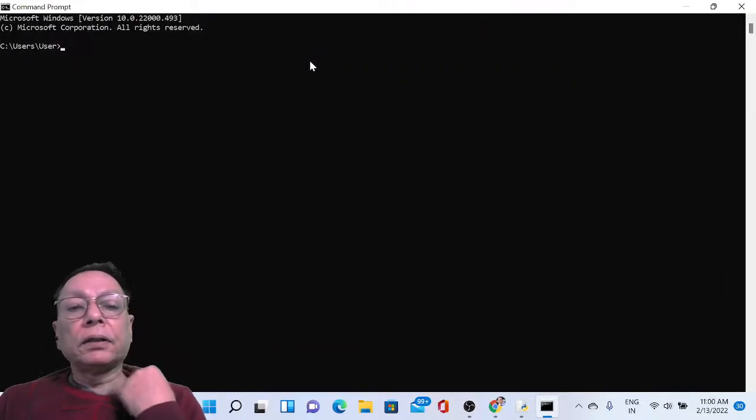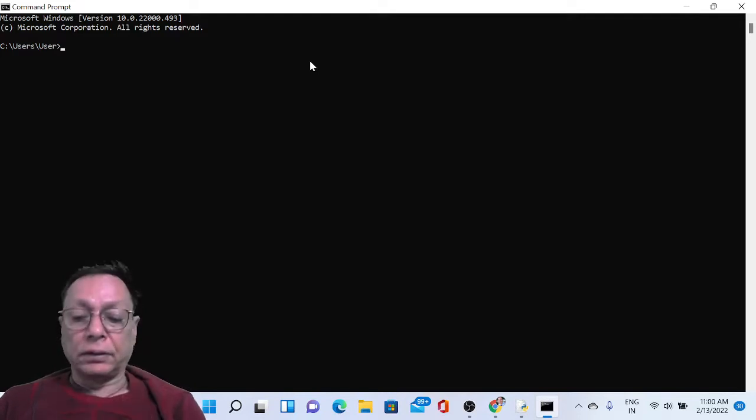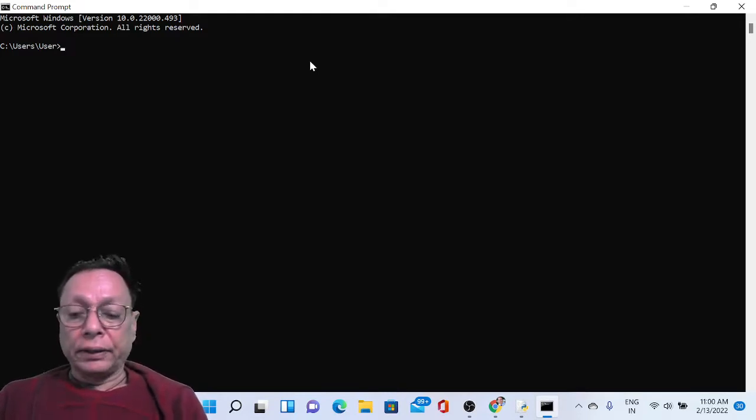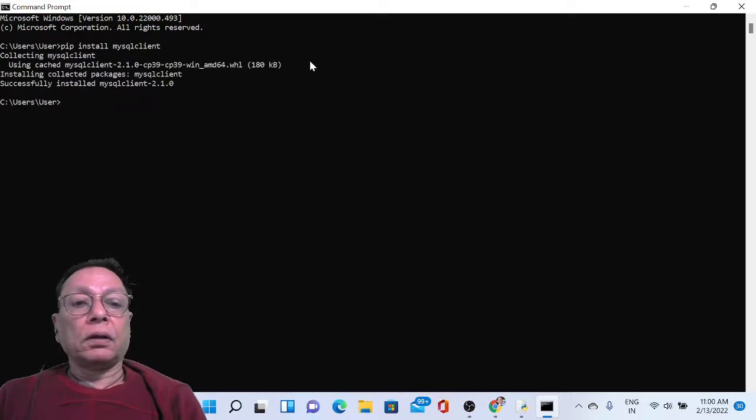This is a command prompt. And here I'll install the connector. So to install the connector, we'll be using pip install mysqlclient. So MySQL client is connected, and now we are going to